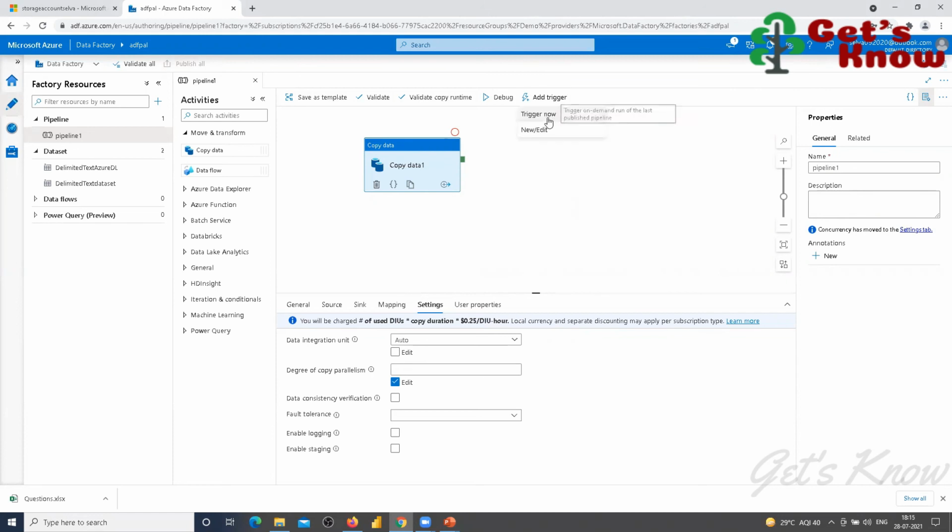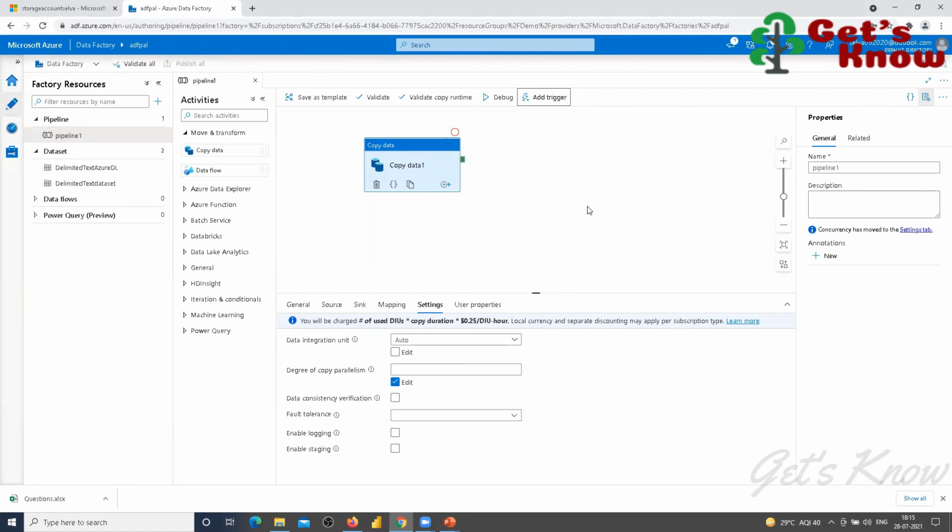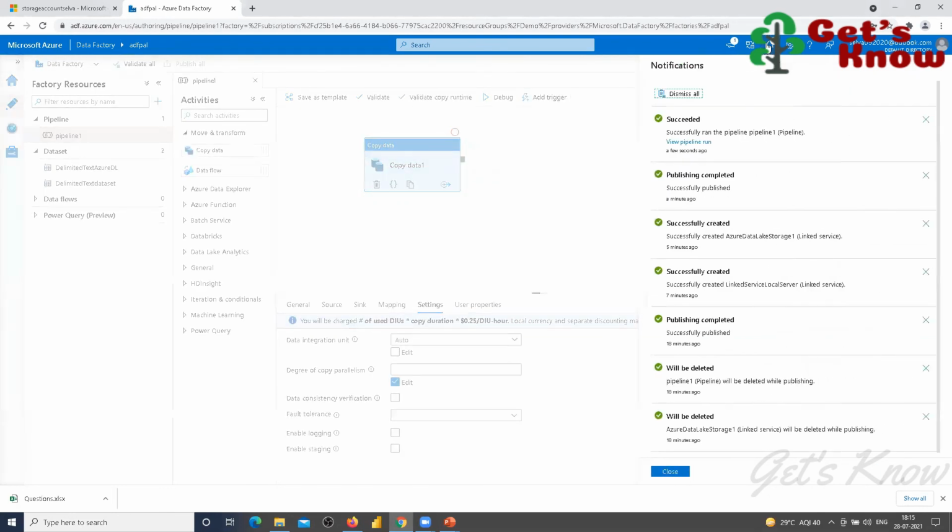Now I'm trying to trigger. Then click OK. So it's running. It seems it's done.